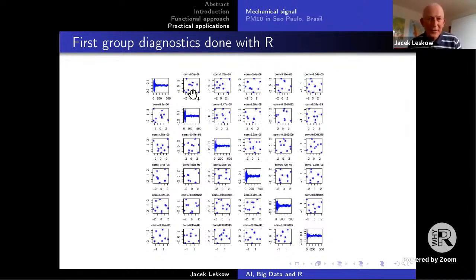And beyond the diagonal, you have correlations of scores, that is, projections onto the space generated by those eigenfunctions. This is like modern diagnostics, very similar to regression model diagnostics. If the choice of your variable, in this case eigenfunction, is correct, your correlations should be very, very small. And actually, in this case, it happens to be what we want.